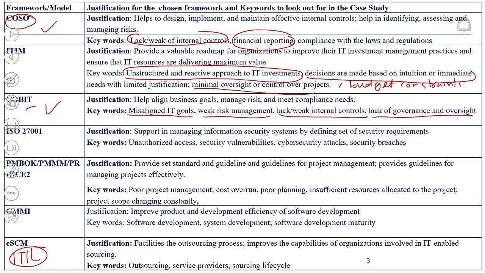Then you've got things like poor project management, cost overrun, for example, poor planning, insufficient resources allocated to the project. Those are typical problems that occur when you don't have